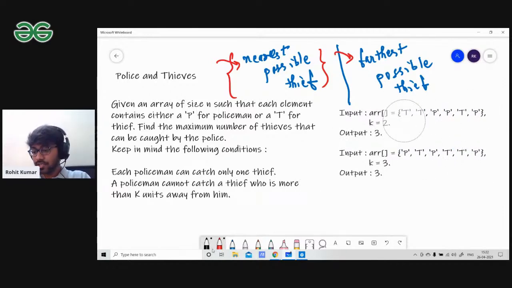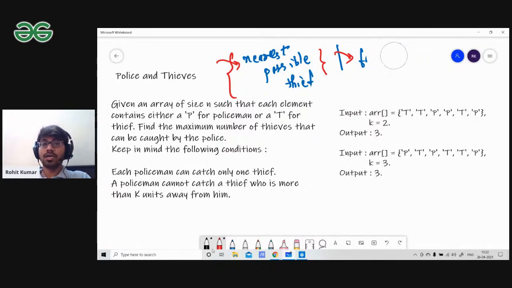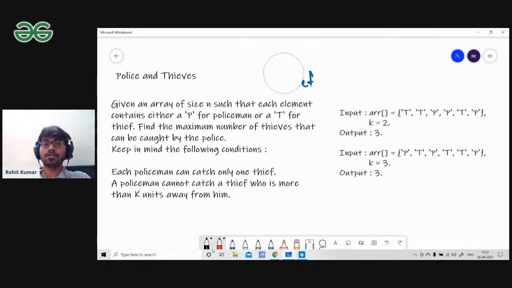Yeah, and to answer that question, how can we make sure that the particular police catches the particular thief? That we will see when we go through the code, right? Because I believe that's the implementation part. Because you can use flags, okay, or you can remove that particular thief or that particular police from that particular array. Okay, that means that you have already taken care of, or the computation has already been done. So I'll come to that when we visit the code section. Okay? Fine. So as I said,